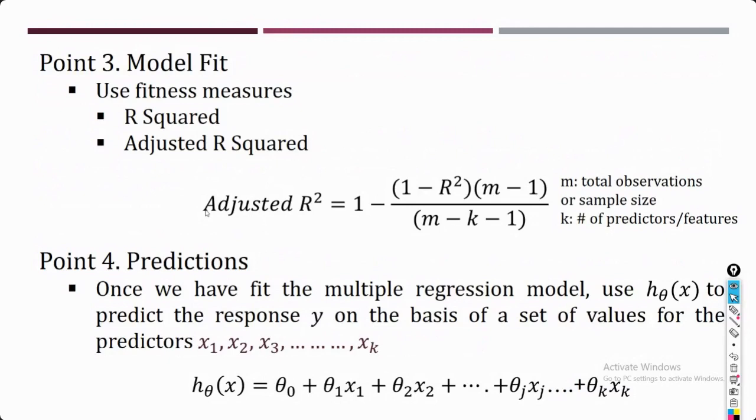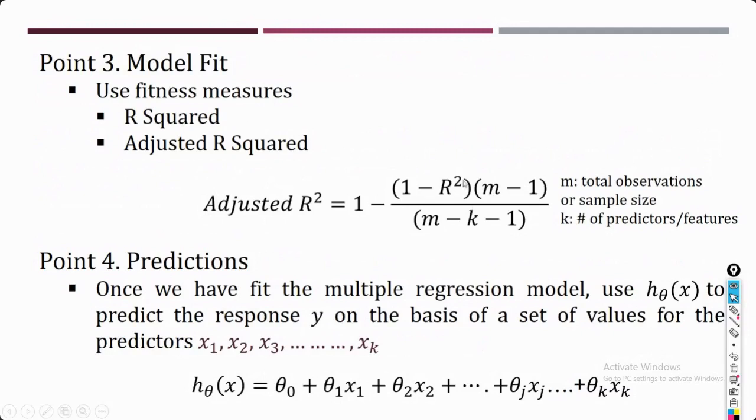So that we were covering in case of R square. But the problem with your R square is, if you keep on increasing the number of features, the R square is also going to increase. This is the drawback with respect to your R square. So in order to cover this drawback, we have adjusted R square. This adjusted R square does not suffer from the problem which R square is suffering.